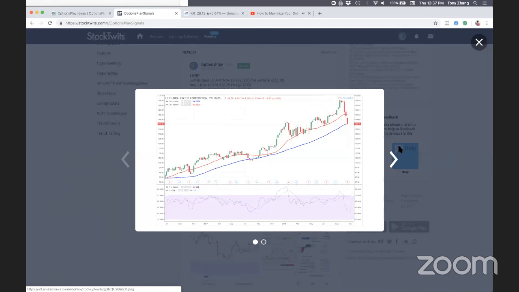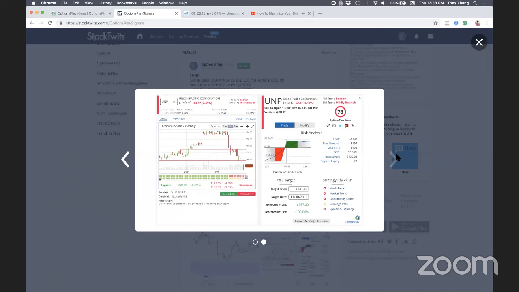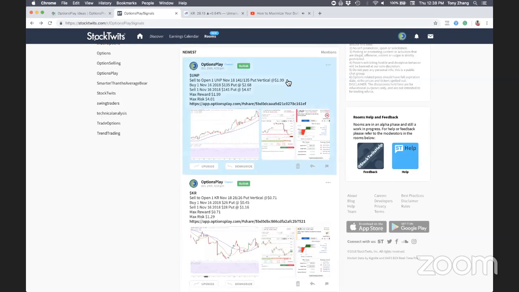These are the technical signals that we're looking for, and what we're doing is we're constructing the optimal credit spread trade off of that. And what we provide you with is everything that you need to know: which legs to sell, which legs to buy, what the max reward is, what the max risk is. As you can see, most of the ones that we target have roughly about a 2-to-1 risk reward ratio, exactly collecting a third of the width of the strategy.